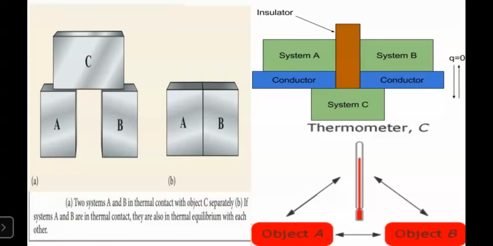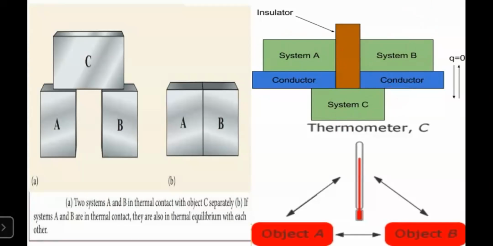Okay, so I will continue. So there will be no heat transfer between system A and B if I put an adiabatic wall, because the adiabatic wall will not allow the heat transfer to travel from A to B. But between A and C there is a diathermic wall. That means from the system C to the A system, or A system to C system, there will be heat transfer. Similarly, there will be heat transfer between B and C.